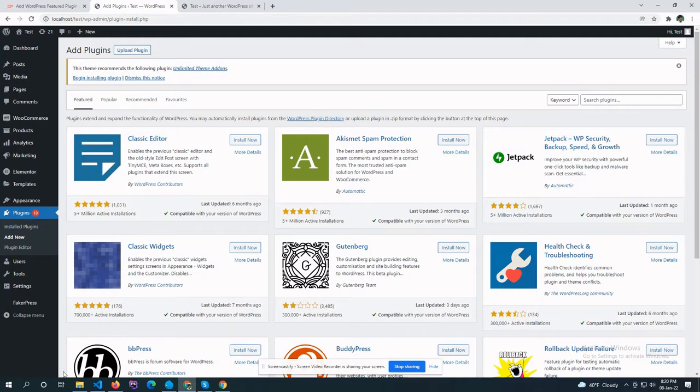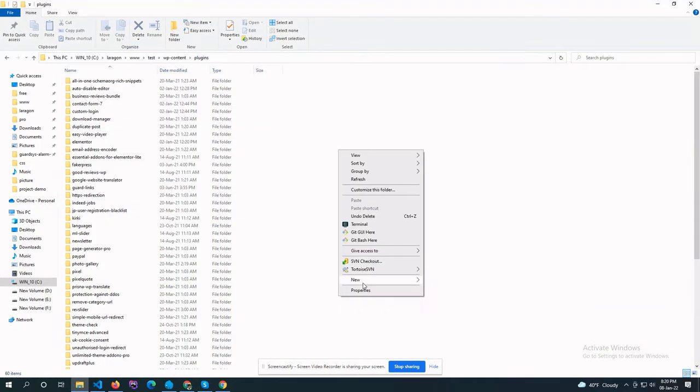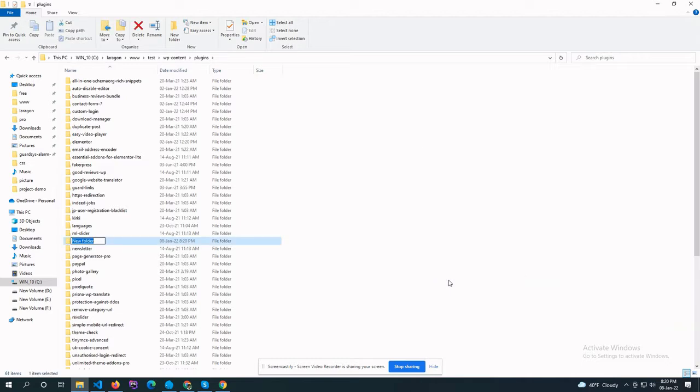First, you have to write a simple plugin. I am just taking a folder in the plugins directory.